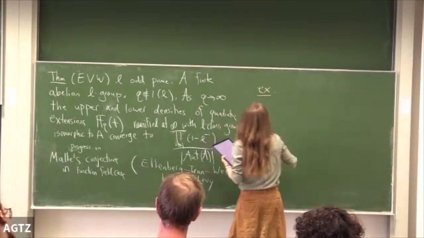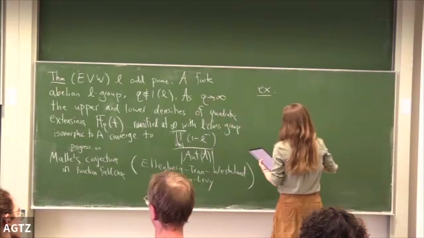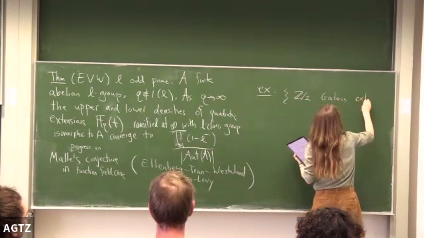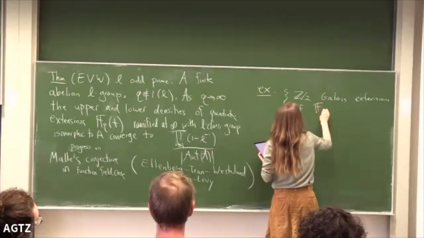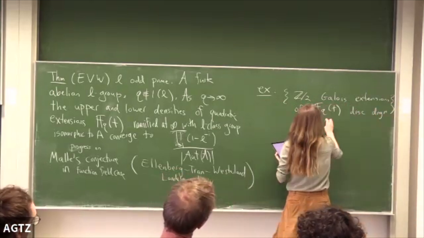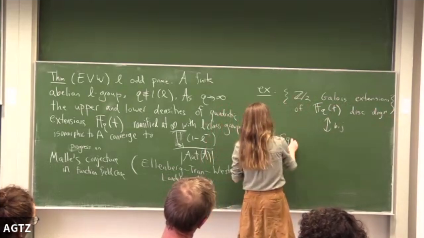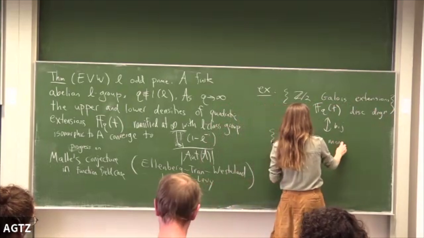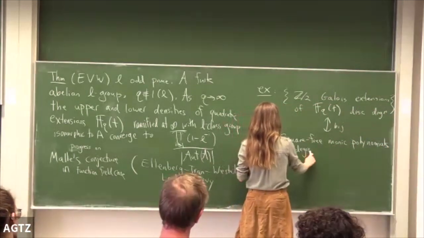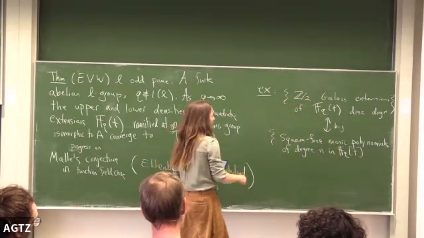So an example of the way you get control over how many G covers you might have using topology is that the Z/2 Galois extensions of F_q(t) with discriminant of degree n are in bijective correspondence with square-free polynomials of degree n in F_q[t], and by a result of Arnold, the configuration